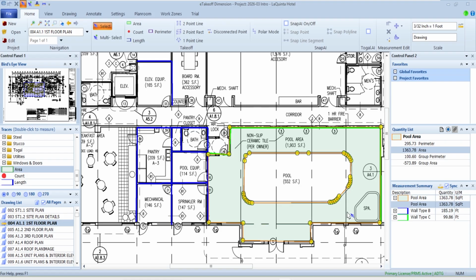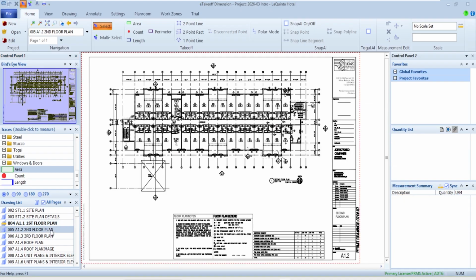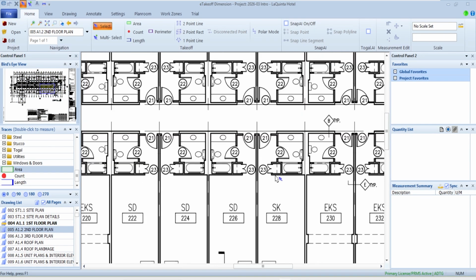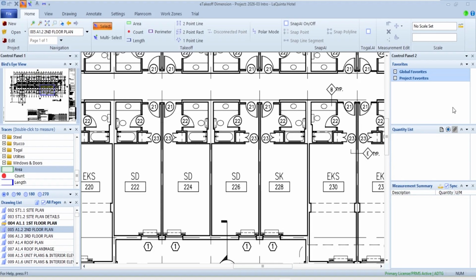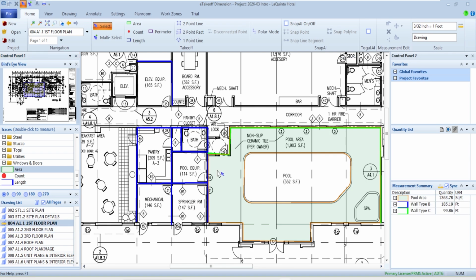As I'm going through doing takeoff, it's also very popular then that, let's say I'll go to another page here, and maybe I've got some more of that wall type that I had. And if you notice, each page starts off with whatever takeoff is associated with that page. So if I go back to the first page I was working on, if I know that I want to be taking off more wall type B or the pool areas or things of that nature, I can click on one of them, and I can drag them over here to something called a group favorite or project favorite. So a project favorite's, hey, anywhere on this project, I can go off and just tally up more wall type B. Group global favorite might be something over multiple jobs.